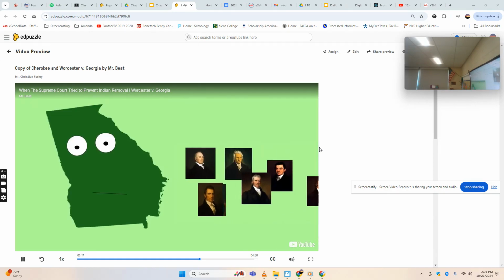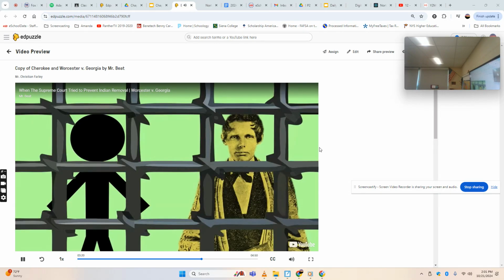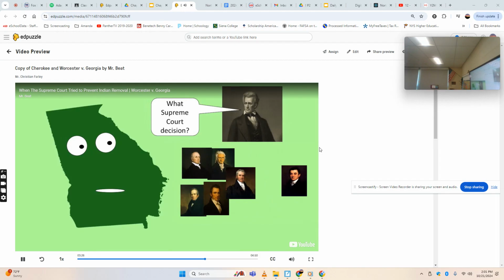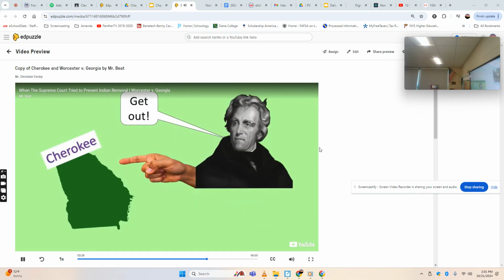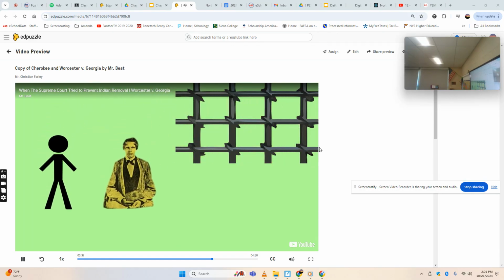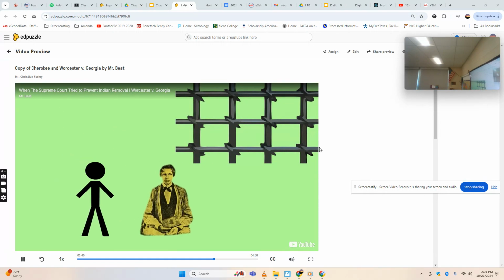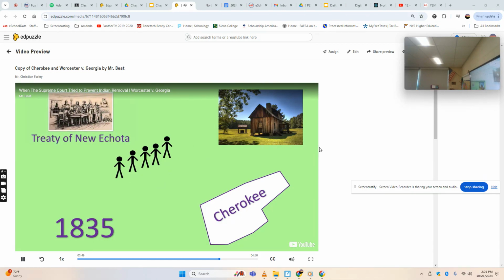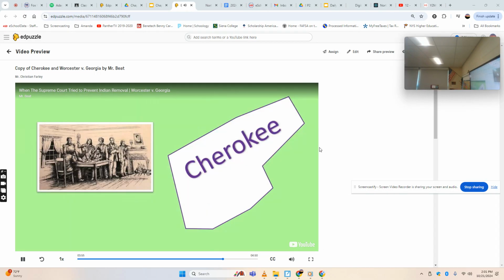So what did Georgia do in response to this decision? They ignored it, and Wooster and Butler stayed imprisoned. And President Andrew Jackson didn't force Georgia to follow the Supreme Court decision, and instead said the Cherokee Nation better get out of Georgia or fall in line with Georgia laws. Eventually, Wooster and Butler were freed from prison only after they promised to stop helping the Cherokee resist the Georgia laws. In 1835, a faction of Cherokees broke away and secretly signed the Treaty of New Echota, which gave up Cherokee lands in Georgia in exchange for money. This group claimed to be representing all of the Cherokee, but they were not.